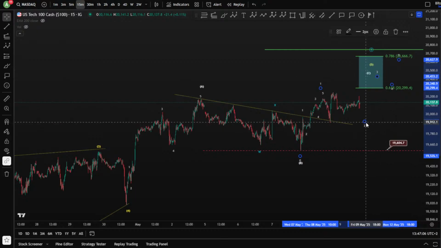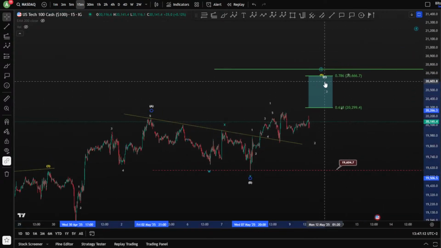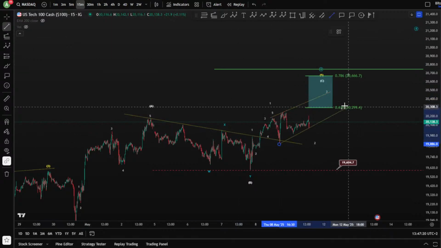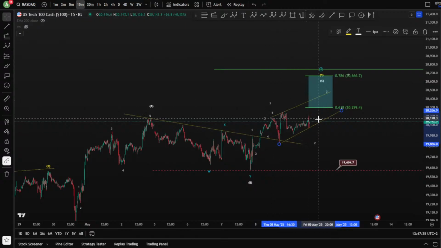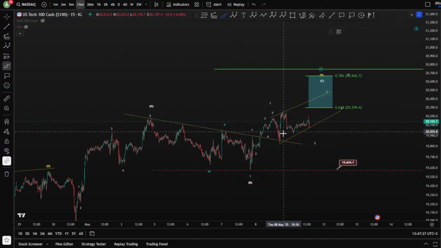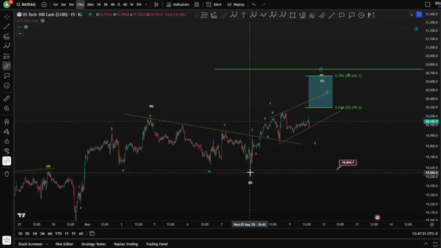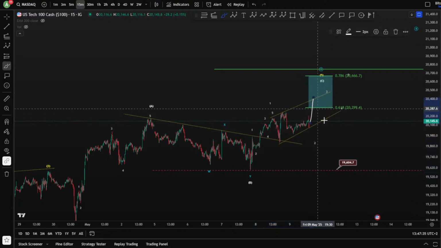It can be, guys, it can be as well an ending diagonal. Don't forget this. If you want to finish this wave 5, here we go. So it can be as well something like this. All right, here we go. And wave 2, somehow like that. So 1, 2, 3, 4, and a 5. It can be a zigzag, and then moving somehow in 1, 2, 3, 4, and a 5. So I would like to see higher prices again.